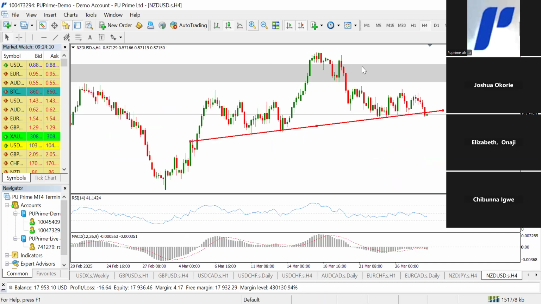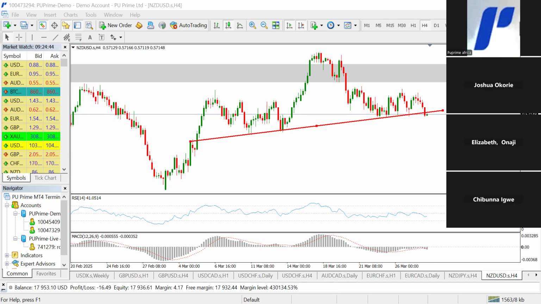Now we have the 4-hour time frame. Price just broke the trend line. RSI is clearly below 50, and MACD is below 0. So for a swing trader, honestly, it's time to take a sell. Even if you take a sell, still watch it closely, because towards the end of the day, price may sell a little, and there could be some retracement, but then there'll be the main continuation later on. So we're still bearish on the New Zealand USD 4-hour time frame.